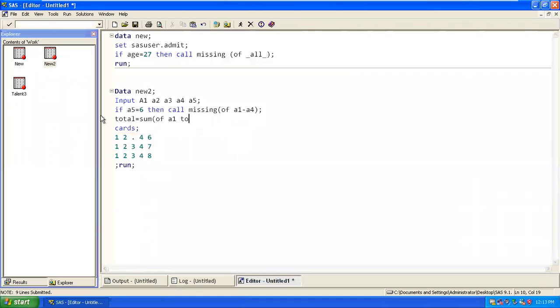Another way you can write is total1 equal to a1 plus a2 plus a3 plus a4 plus a5, correct? You can use it like this, but in this case I won't get results, correct? Only for the first row, but in this case you will get the result.